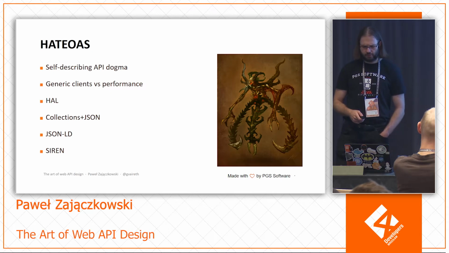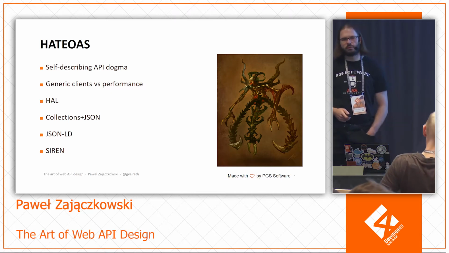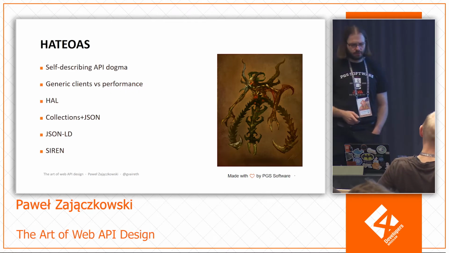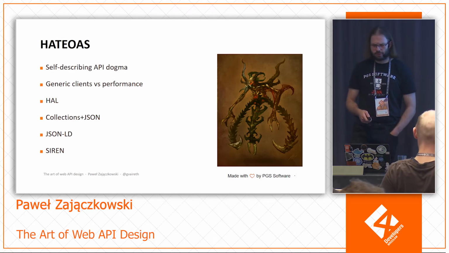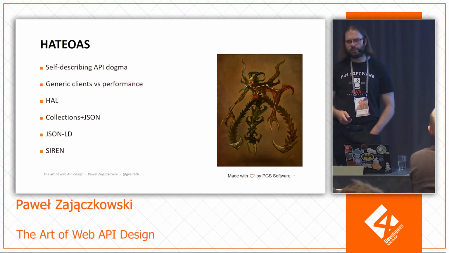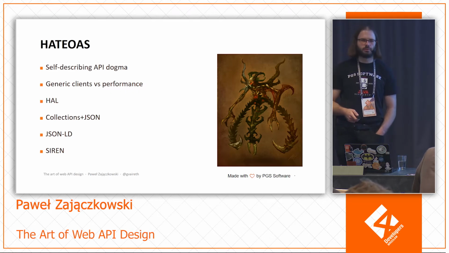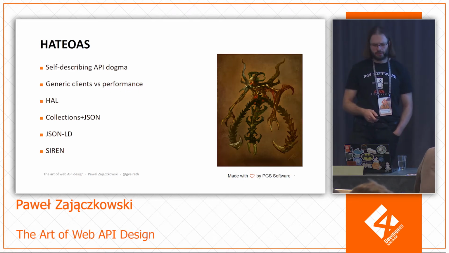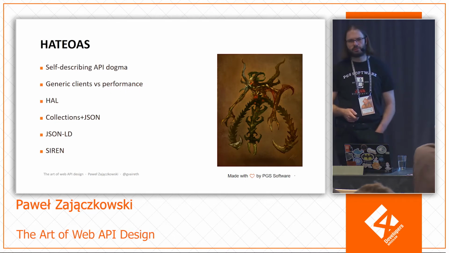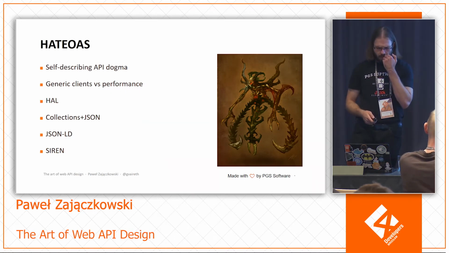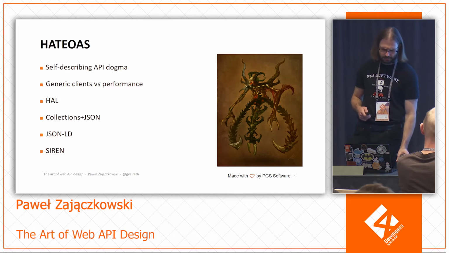And there's no one really good standard on how to do this. There are several. There is HAL, that is probably the most popular. There is Collection+JSON that was initially meant for collections, but works well with links. There is JSON-LD, which is basically easy to introduce without breaking backward compatibility. And there is Siren, that is probably the most powerful, but not very prominent, not very popular, let's say. There are also some drawbacks to HATEOAS because not many clients actually use it, and there is an overhead in performance. So there is actually a discussion whether to use it or not.